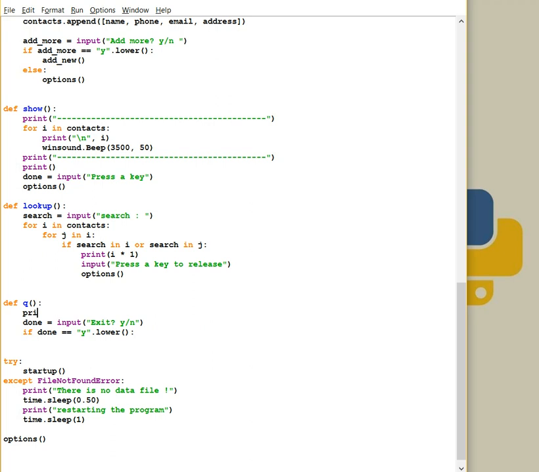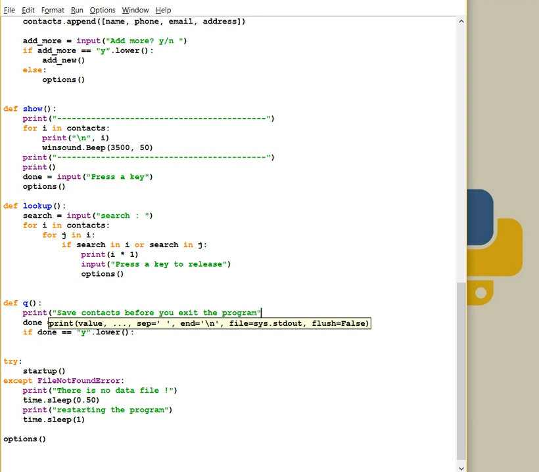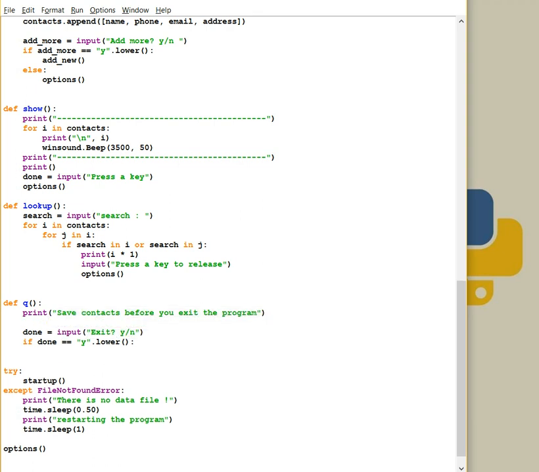We can print here something like warning: be sure to save your contacts before you exit the program. All right, and time.sleep, this just gives us some time to think, and if done is yes,